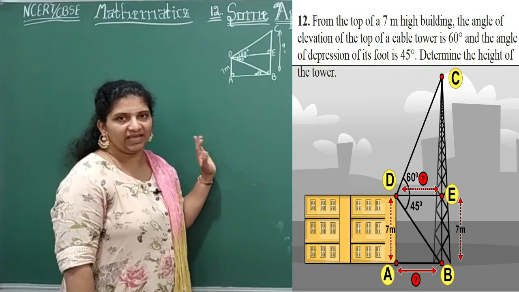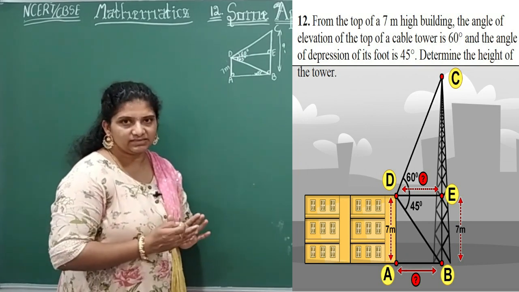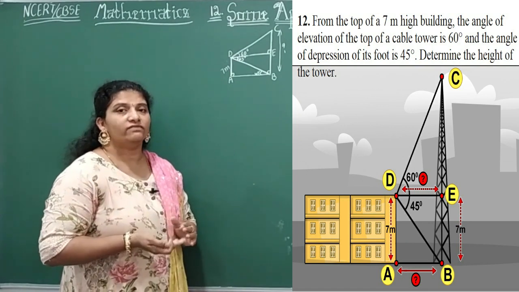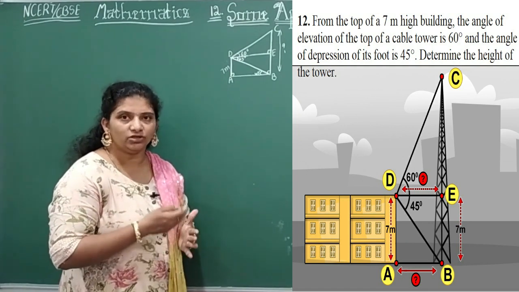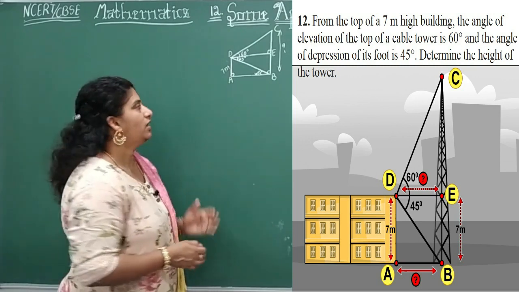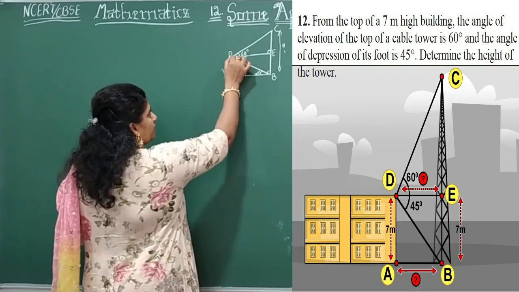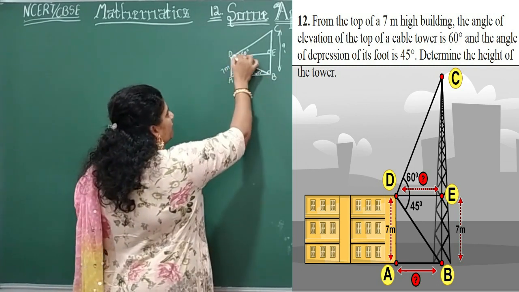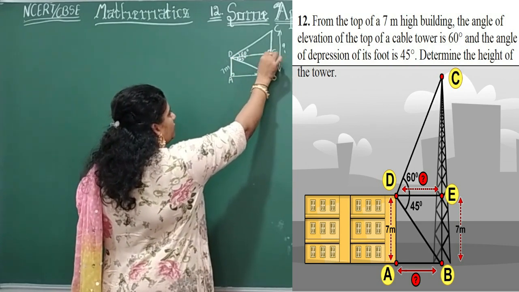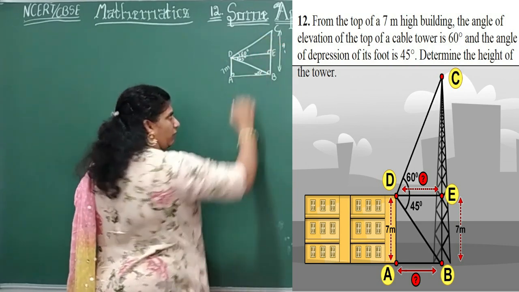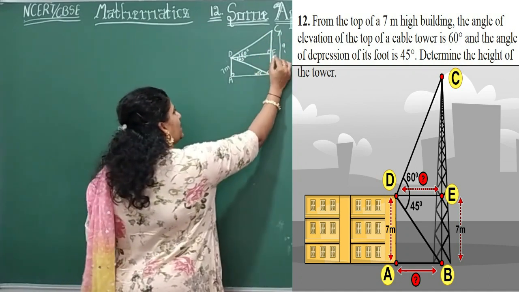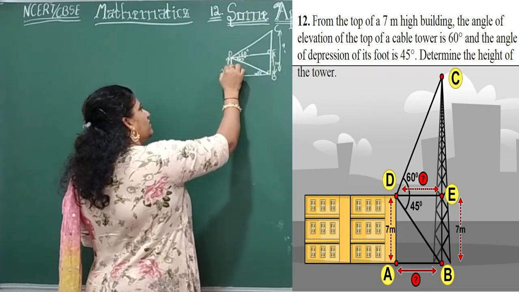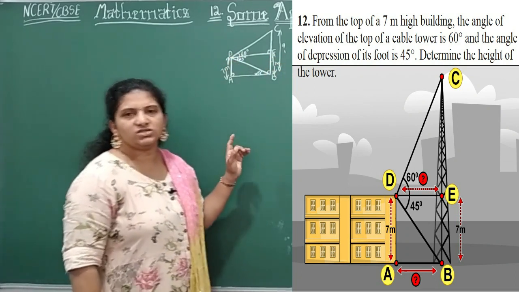Understanding the problem is very important children. Try to understand and then analyze what is given, what I have to do, which ratio I have to apply. You should think all this first, then start the problem. Now here from A to D it is a 7 meter high building, right? In the same way, I have drawn a line and made it touch the tower at point E. So now what is BE, children? It will be 7 meters. BE is also 7 meters.